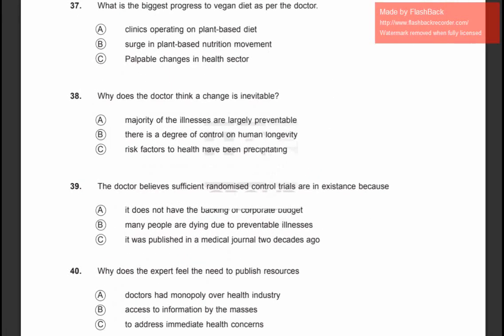Tell me a little bit about the progress in the plant-based movement recently. There's been tremendous progress, particularly in the health field. At least that's certainly my perspective. So in the States, there's just been a real surge, a real tipping point in terms of the plant-based nutrition